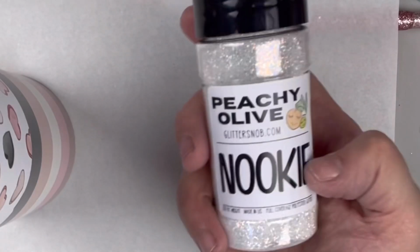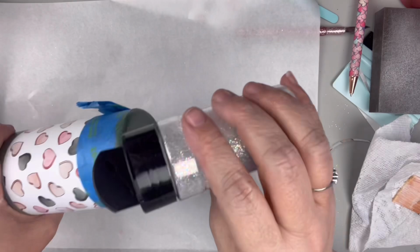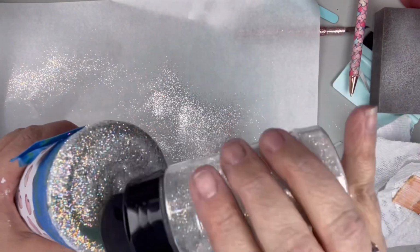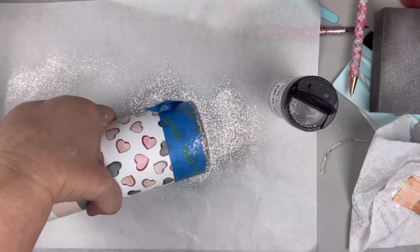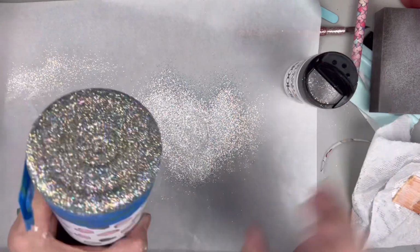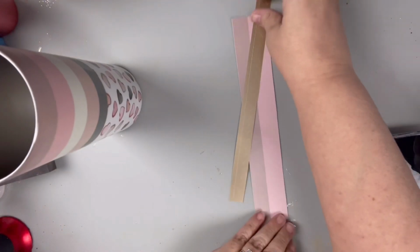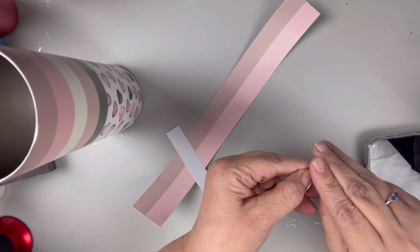I am going to use Nookie from Peachy Olive Glitters, and this has such gorgeous shifts in it that it matches the vinyl so well, but you can still tell that it's green. So I use Nookie, take off the tape once that's done, let this completely dry, and then once that's dry, before I even start to epoxy, I'm going to go ahead and do